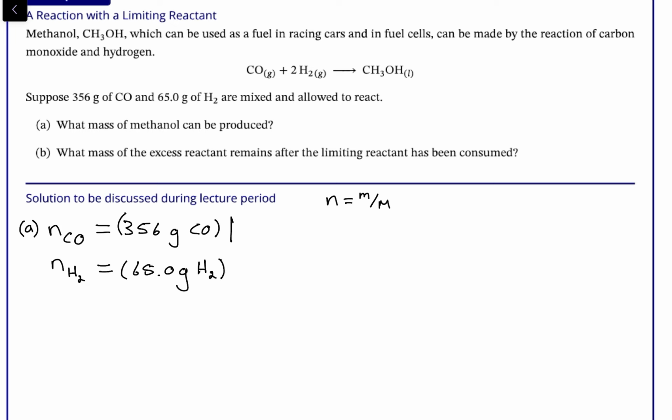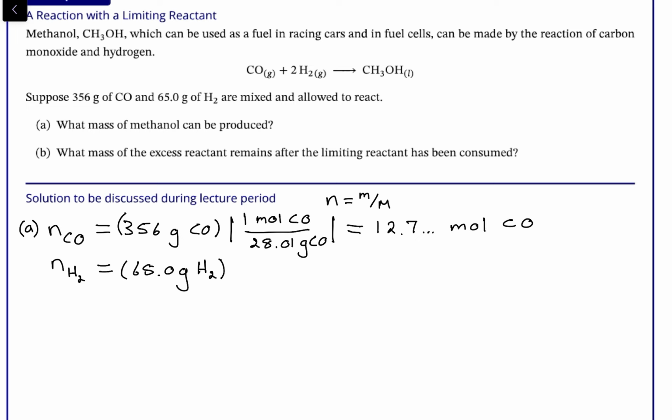We multiply by 1 mole carbon monoxide per 28.01 gram carbon monoxide. So it's the same as dividing by the molar mass. And then you get 12.7 and some numbers mole